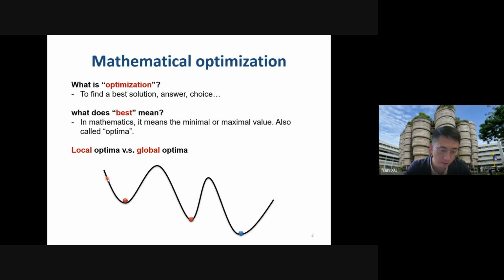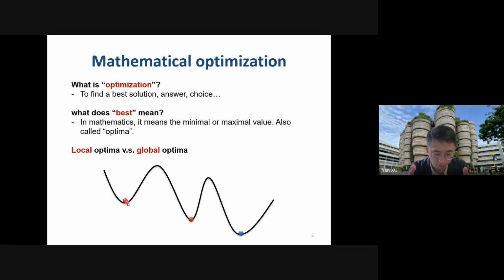Now, given this point, we calculate the gradient, right? We calculate the gradient of this point. And if the gradient is not zero, we can move to the next point based on the gradient. Then one of the optimality conditions is that when the gradient becomes zero, the corresponding value will be the minimum value. So here you can see for this red point, in this small region, the gradient will become zero. So if we just rely on this local search, we may probably stop here